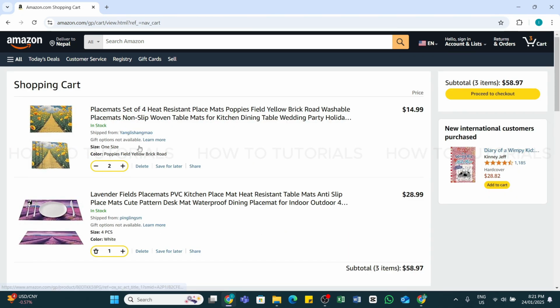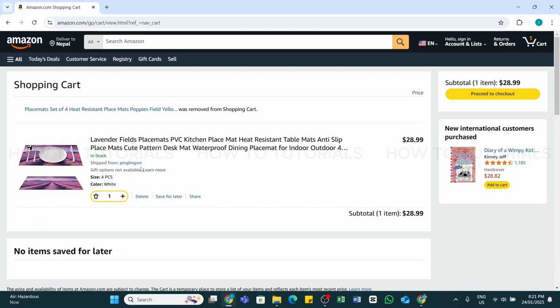Now here you'll be able to see the items that you have added to your cart. From here scroll to find the item that you'd like to delete. And once you find the item you'd like to delete, you'll be able to see the delete option within the product information. Simply click on the delete option and then you will see you have successfully deleted or removed the